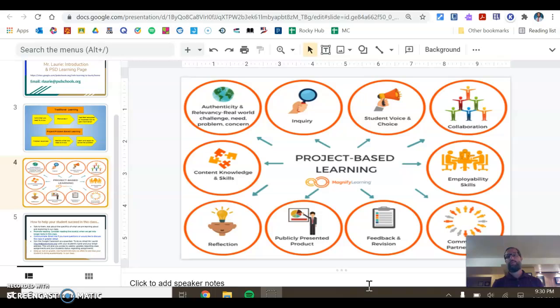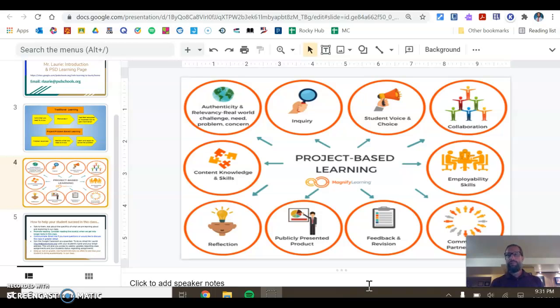Also their research, where they go with their research. Collaboration in the upper right hand corner is huge in project-based learning, and definitely my teaching philosophy. And especially now that we're back in the classroom and we are able to work in small teams in person, this will be a huge part of this class to recontextualize what learning in teams is all about.